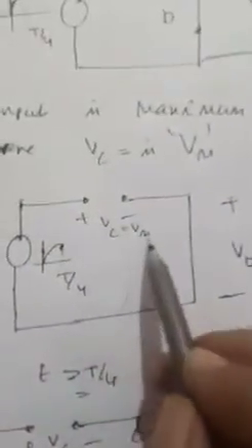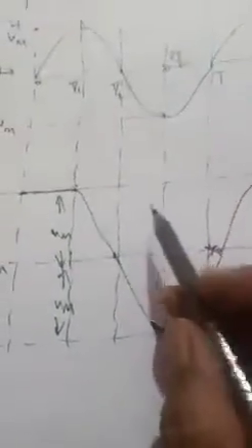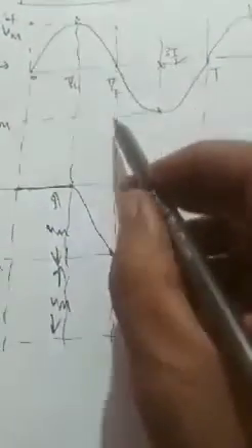V naught is equal to, substitute Vi equal to 0. Then the capacitor voltage Vc is already equal to Vm, because it holds the maximum value Vm. Substituting Vi equal to 0 and the minus, V naught is equal to minus Vm. So this is how V naught will be obtained. That's why when T is equal to T by 2, it is equal to minus Vm. So V naught is equal to minus Vm.